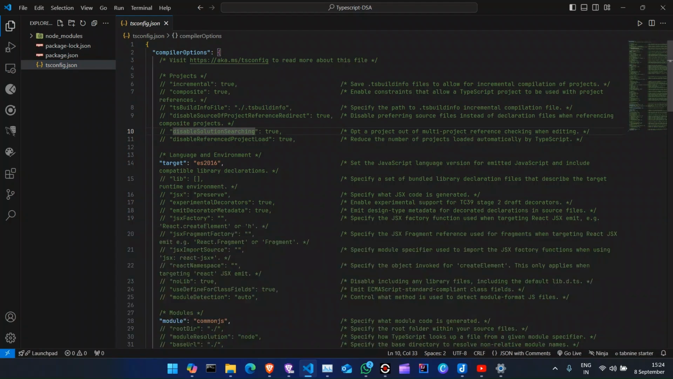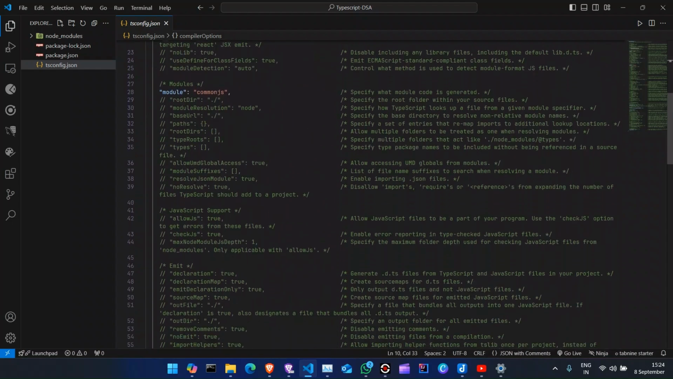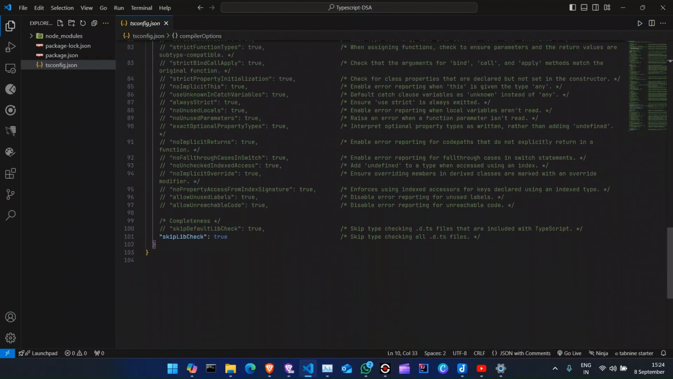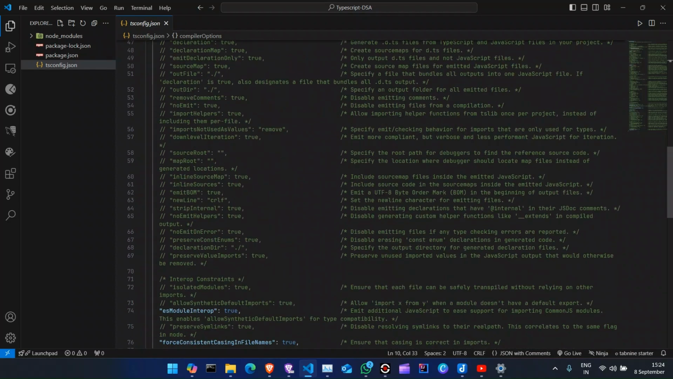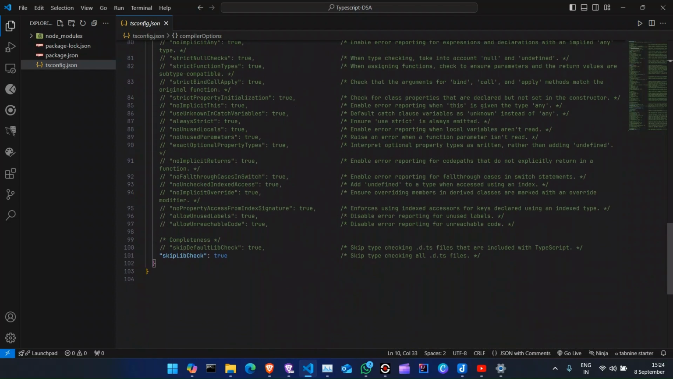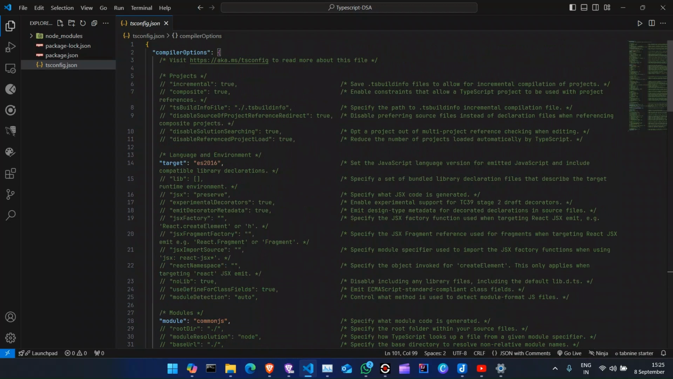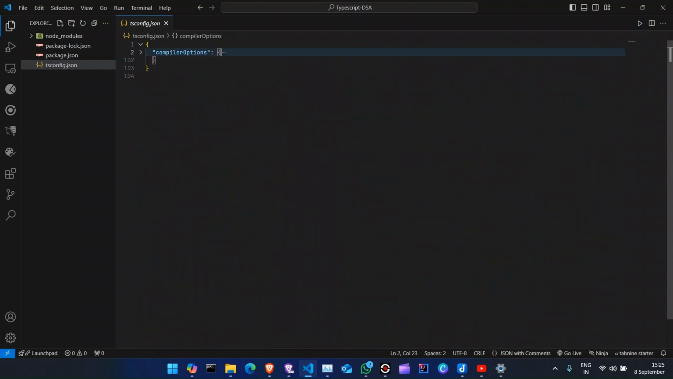Here you can see all of these compiler options and all. This is all just configuration, but we will be doing our own custom configuration. Alright, so I will show you. I will be removing all these compiler options, and what I'll do,